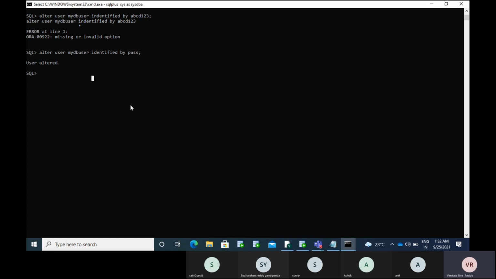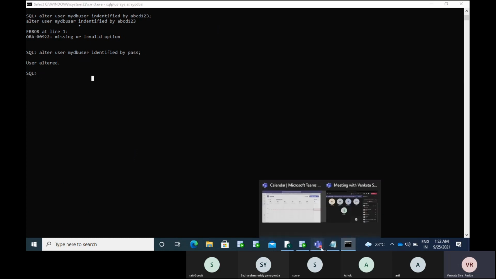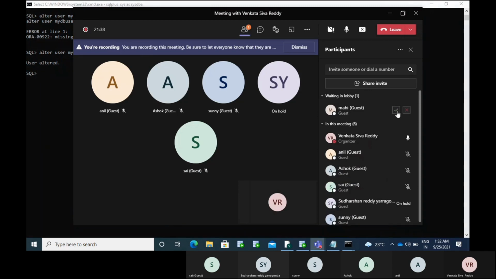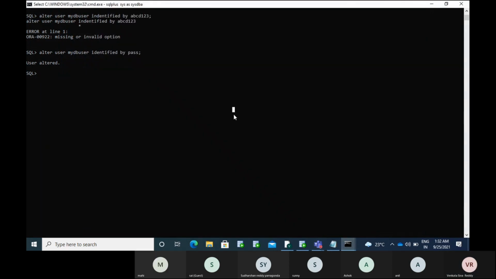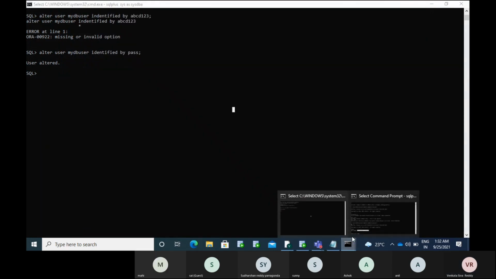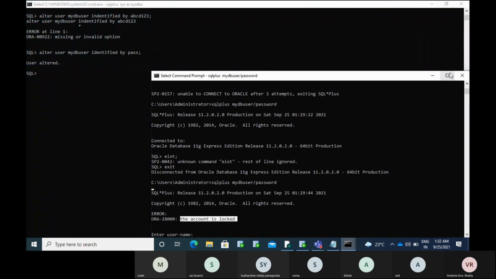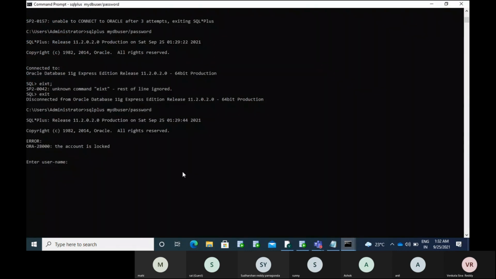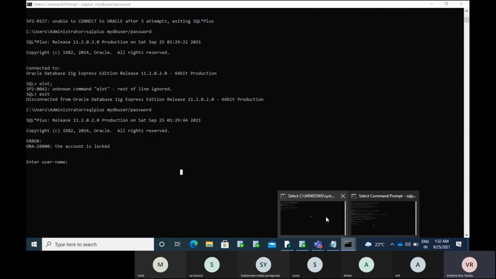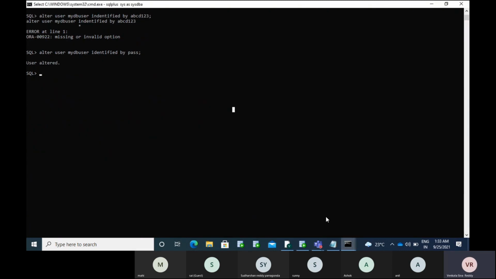Now I am able to connect. If the user is already in lock mode, how can you reset that? Alter user username account unlock.